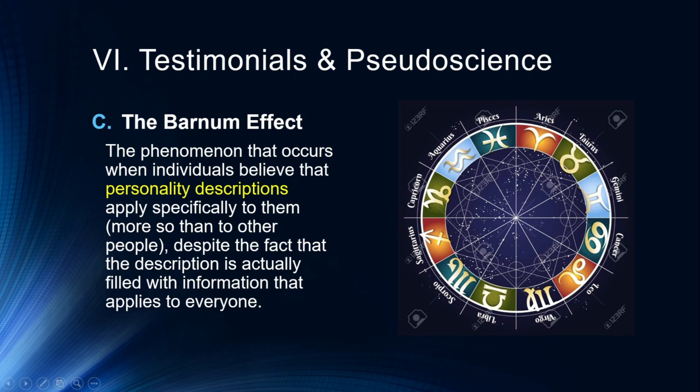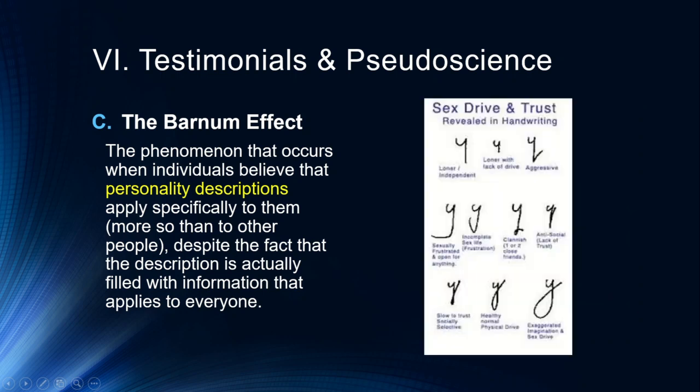So let's keep that in mind. These horoscopes are designed so that you can pick and choose which bits about them you believe apply to you, and then you just ignore the rest. So you take the things that apply to you and you ignore everything else and focus only on those that apply to you. Handwriting analysis, another